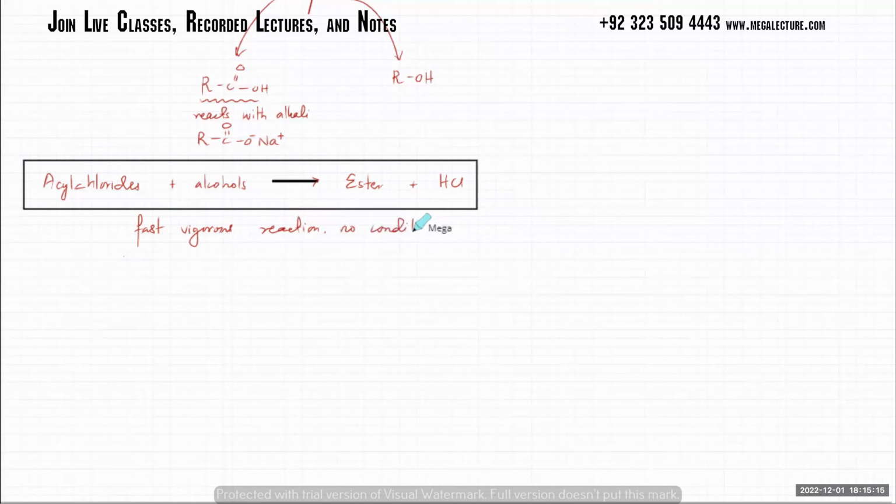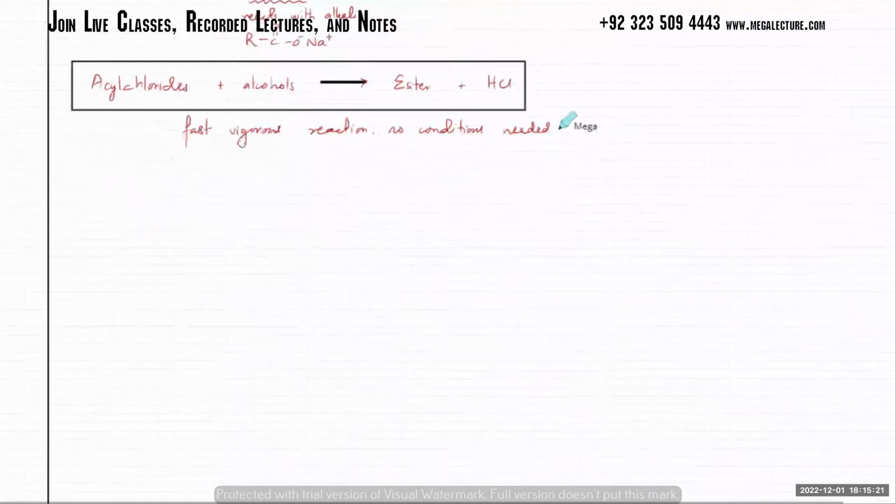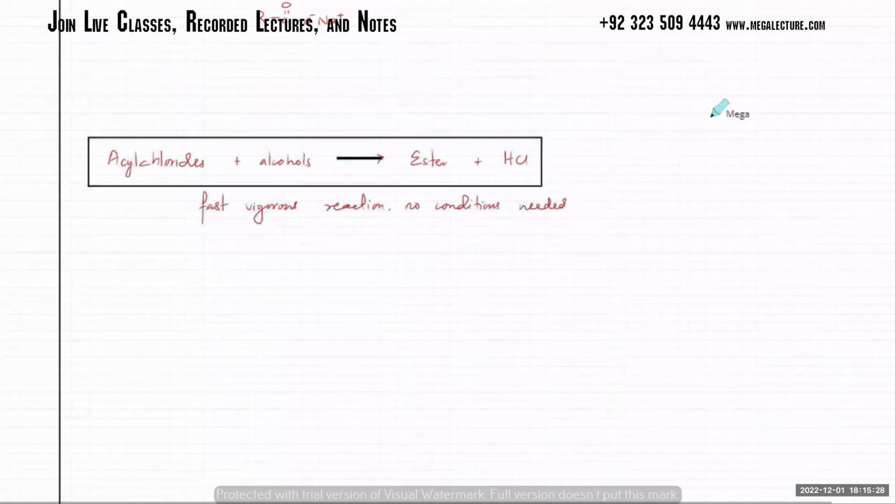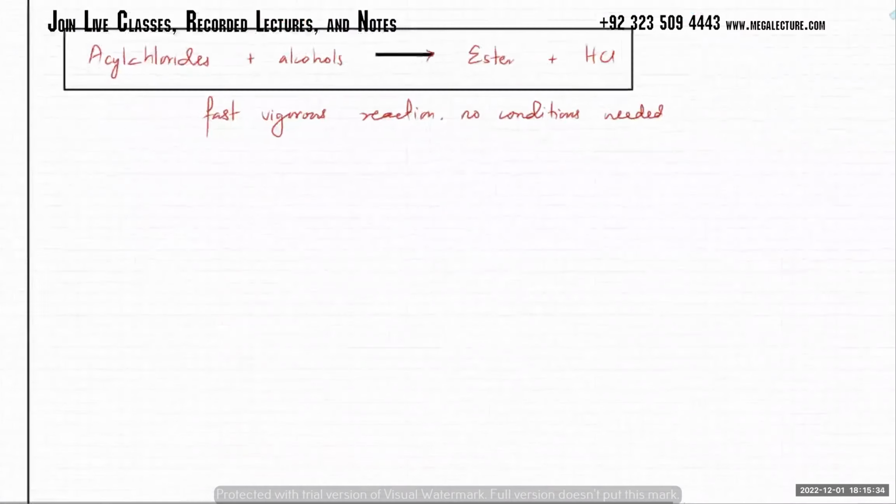No specific conditions are needed for this, it's going to happen on its own। So unlike carboxylic acid, this reaction happens much more quickly, ठीक है। उसके लिए तो you needed concentrated sulfuric acid and reflux, you don't need anything in this reaction। और इस reaction के अंदर this is what happens कि it's a very similar reaction that you have